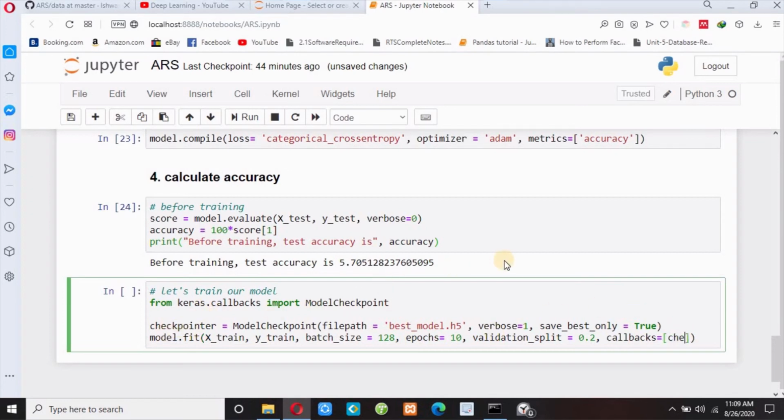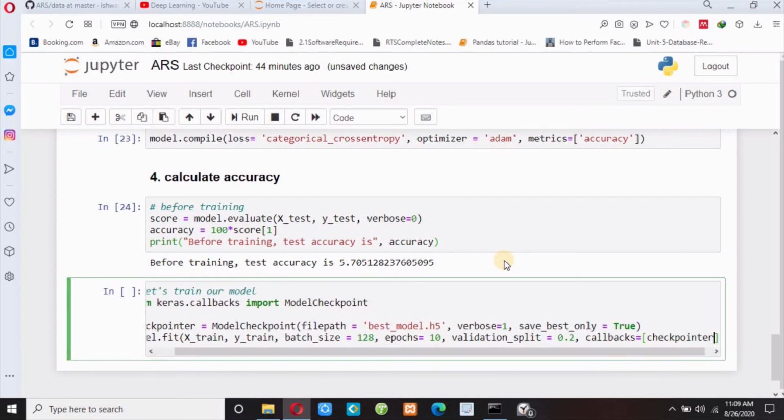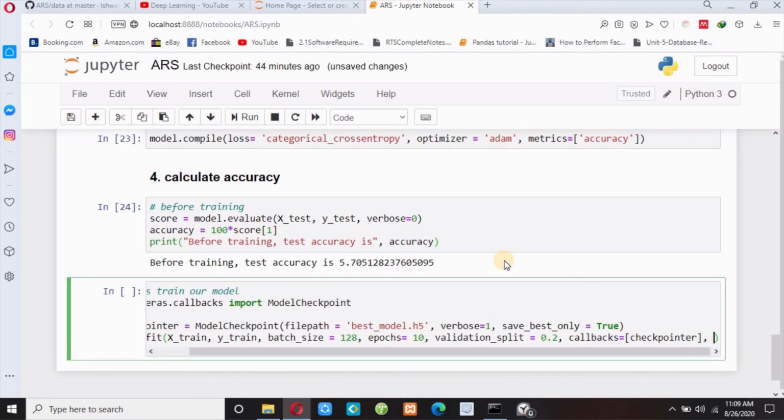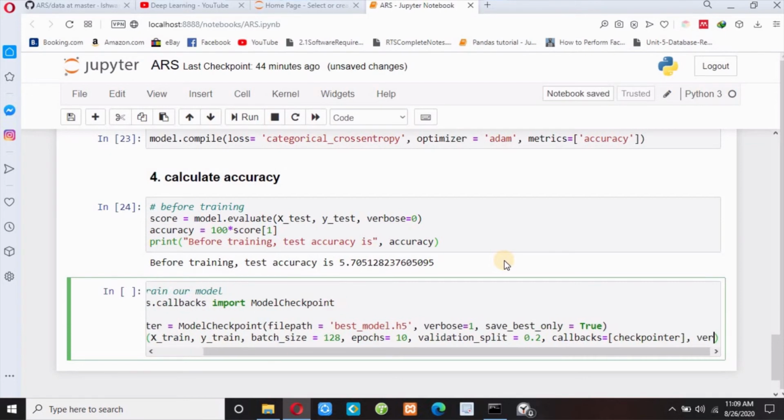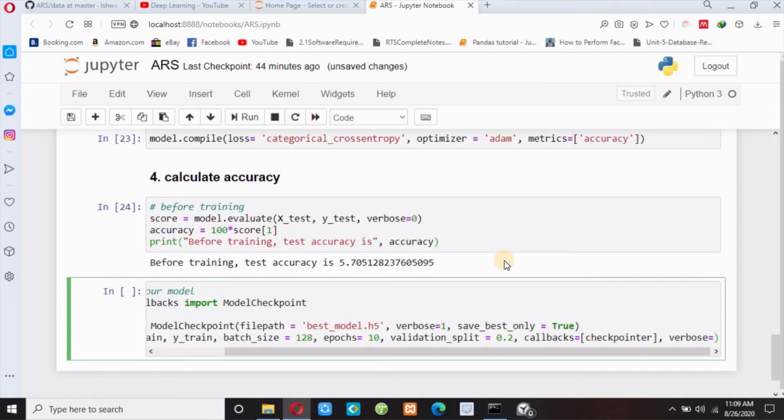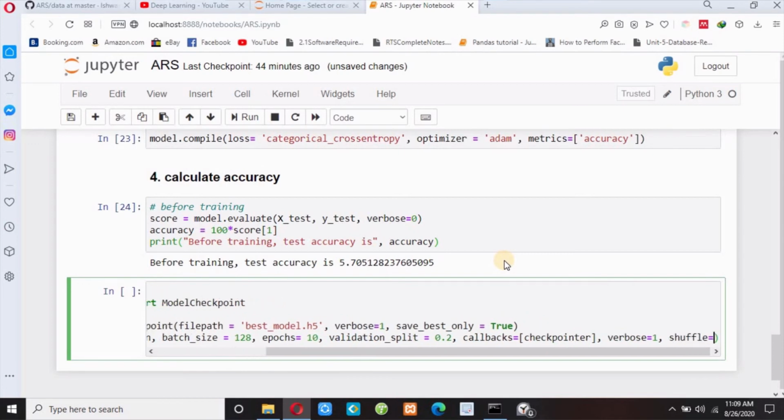So checkpointer in a list, and then we need to pass verbose equals to 1, yes, show me a progress bar, and then shuffle equals to true.